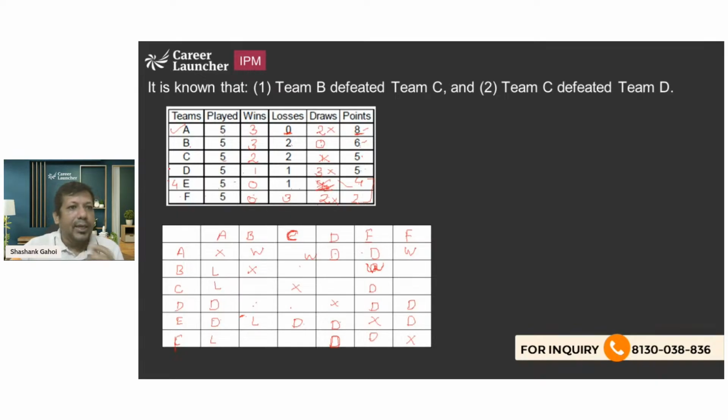ठीक है, ये अपना ई कंप्लीट हो गया और ए भी कंप्लीट हो गया। अब इसके आगे हम देखते हैं कि क्या क्या गिवन है, कुछ और निकाल सकते हैं क्या। एफ के हमें तीन लॉसेस चाहिए, तो एफ के तीन लॉस भी आ गए, बी के अगेंस्ट और सी के अगेंस्ट। सो इसका मतलब बी इज विनिंग अगेंस्ट एफ एंड दिस सी इज ऑल्सो विनिंग अगेंस्ट एफ। ठीक है, सो एफ का भी